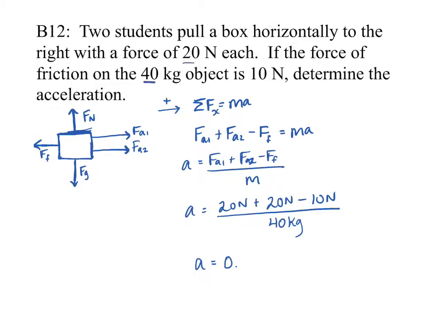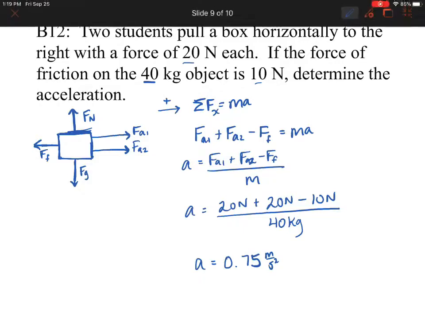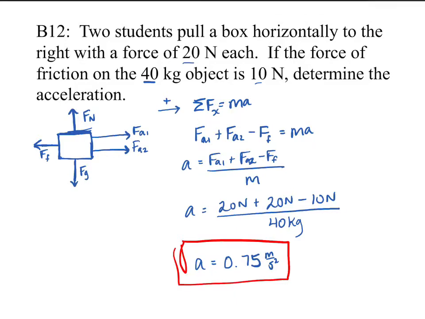Okay. How many significant digits do I need? 2, 2, and 2. So it looks like I need 2. So 0.75. Remember that 0 is not significant because it's a leading 0. So that is a 2 significant digit answer. Perfect. And we're done. Okay, so remember, those y directions need to be drawn on your free body diagram.